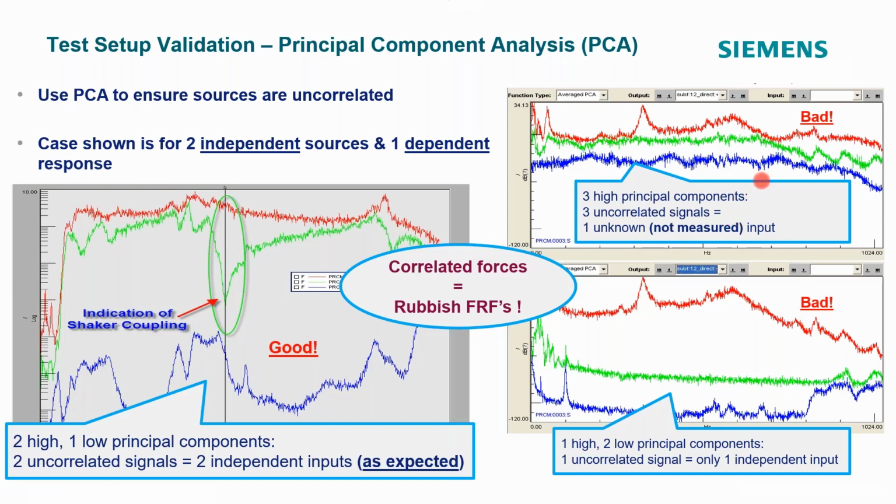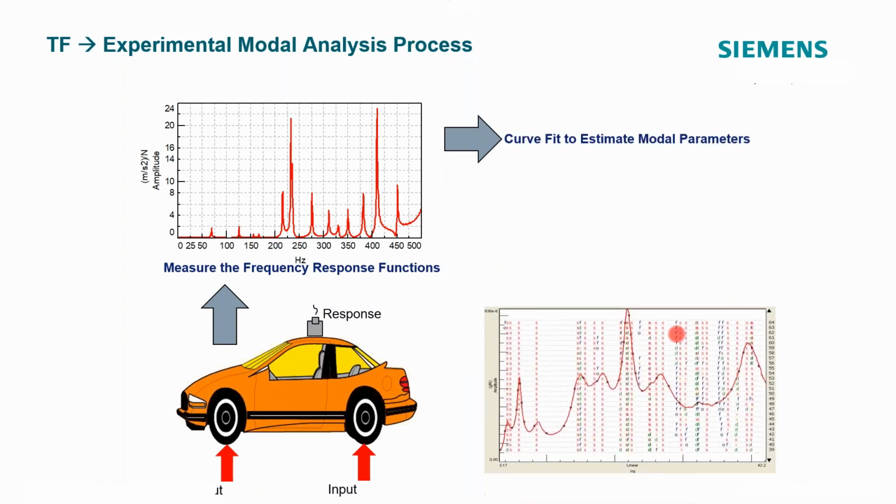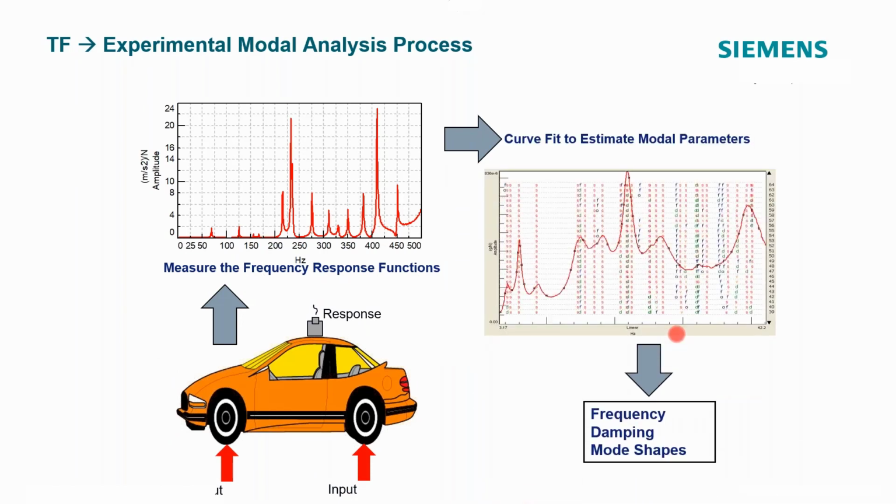A bad scenario would be over here, where we've got two independent sources, but we've got one unmeasured input. So all of the energy going into the system is not accounted for in that response. And then over here we only have one independent source, which is not a good situation. This is probably typical when the shaker is not turned on, or the amplifier is not functioning, or there is some problem with the setup. So these are the kinds of things that you use in a pre-test check during a modal test. In the end, the goal is to achieve really good quality, high fidelity frequency response functions for modal testing.